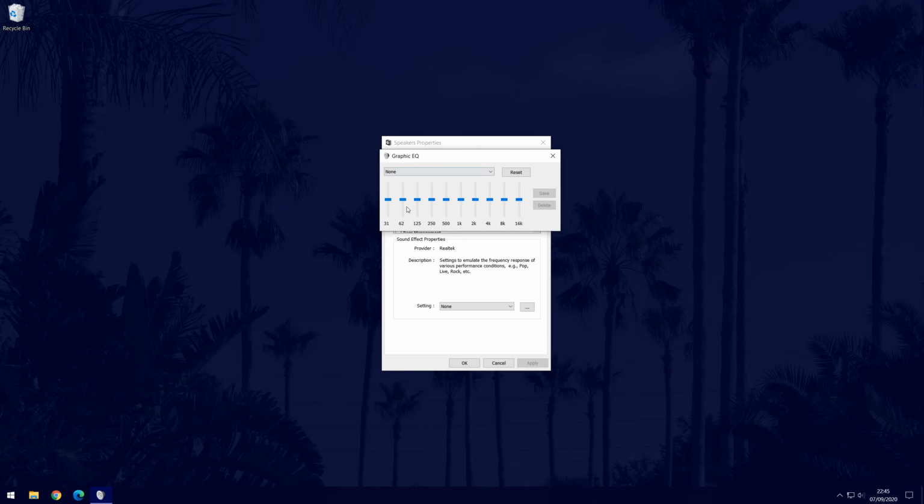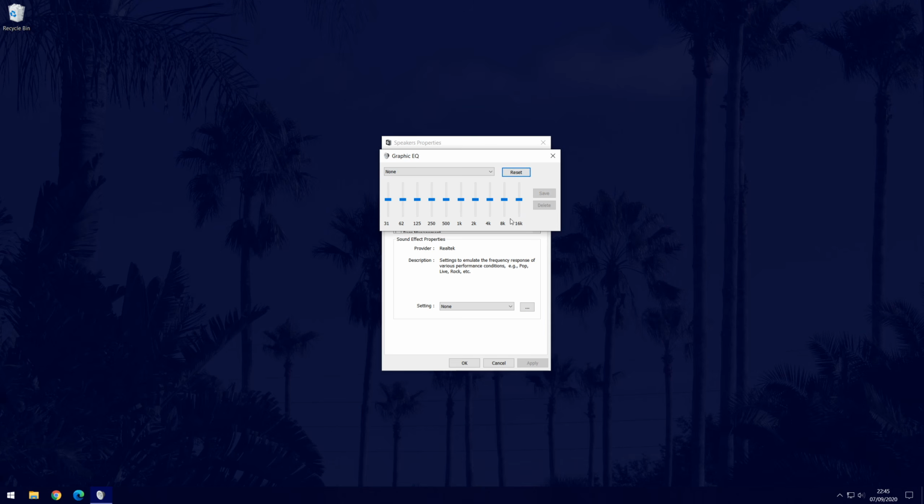Feel free to change the sliders in here or choose one of the presets until you are happy with the sound quality. By changing just one of the sliders, you'll be able to tell the difference in sound, and this is all personal preference. The second way to try this is if you find the small up arrow towards the